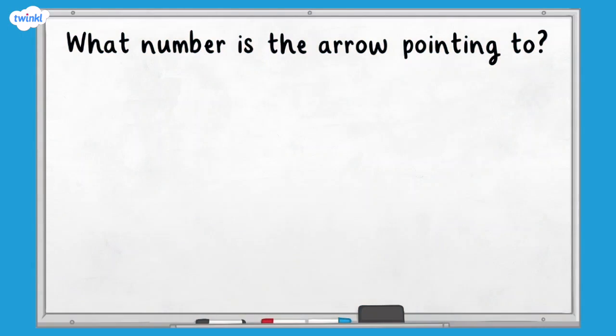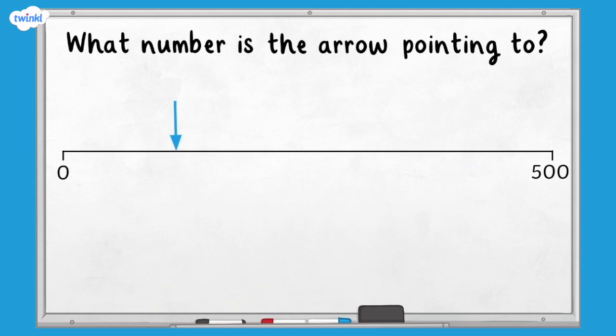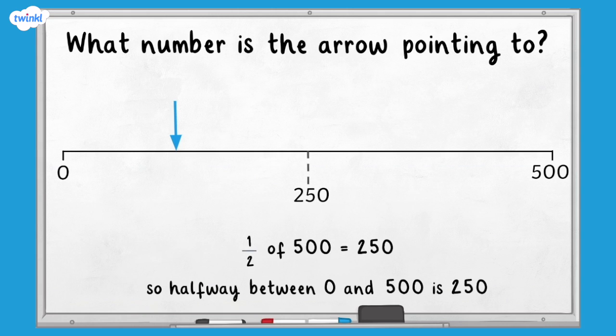So, when there are marked intervals on a number line, we can use these to help us to estimate the position. But what if there are no marked intervals? We can still do the same thing by adding in our own interval lines. On this number line we have 0 and 500 marked. Half of 500 is 250, so halfway between 0 and 500 is 250, and we can mark the approximate position